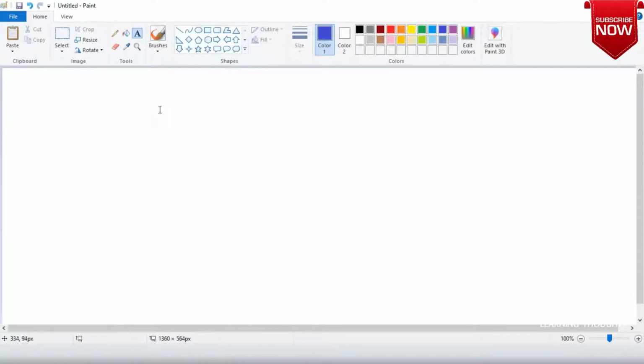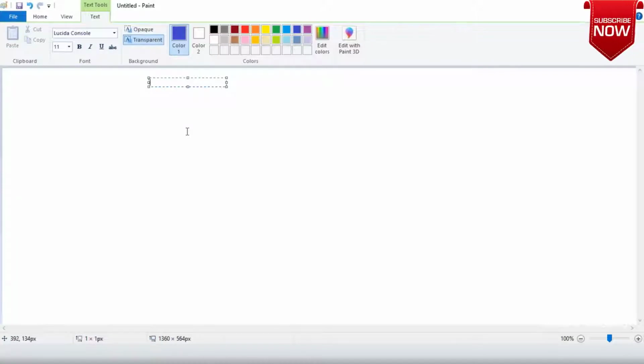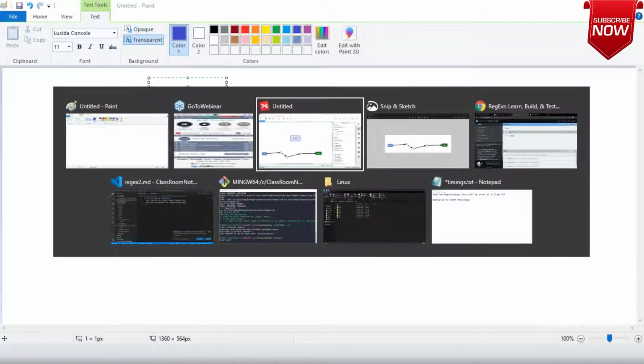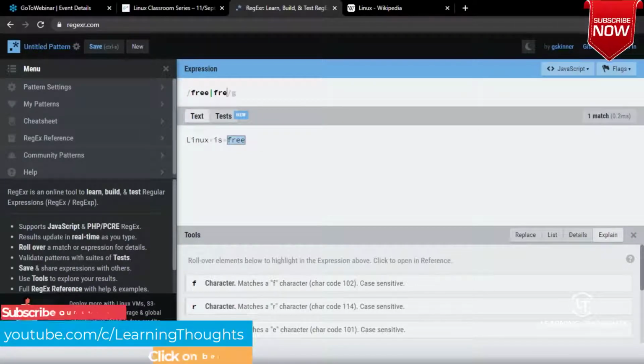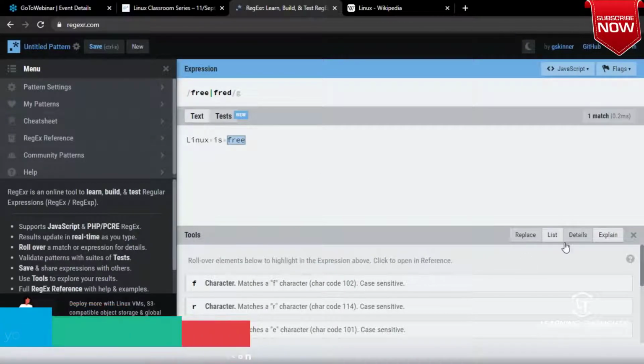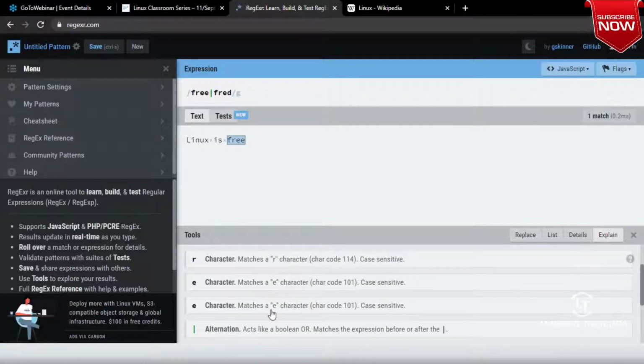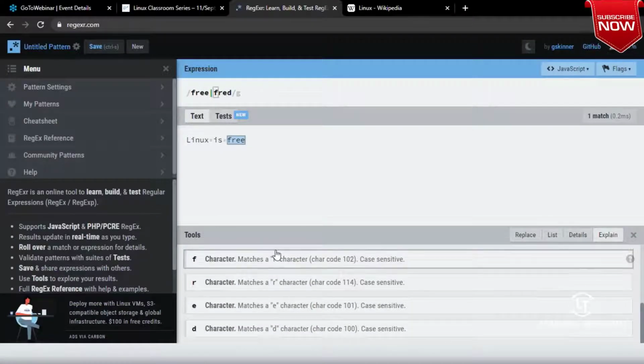My expression over here, I am going with that website again, is free or Fred. It tries to tell that try to match the letters free or try to match the letters Fred.